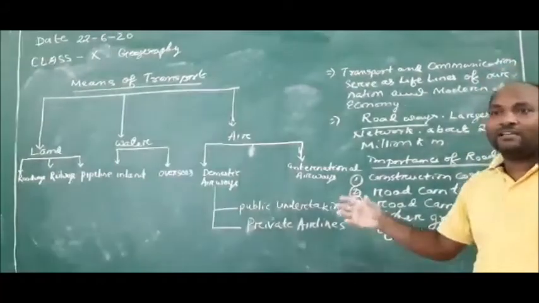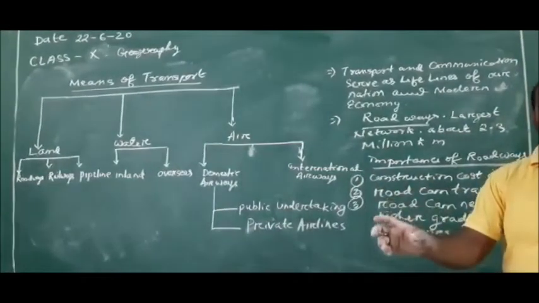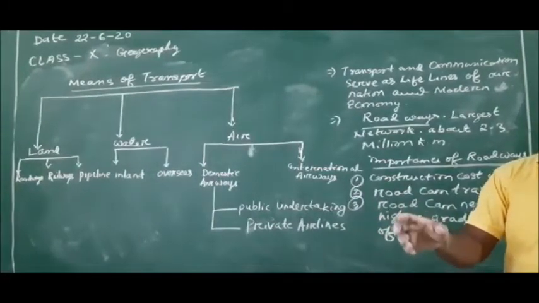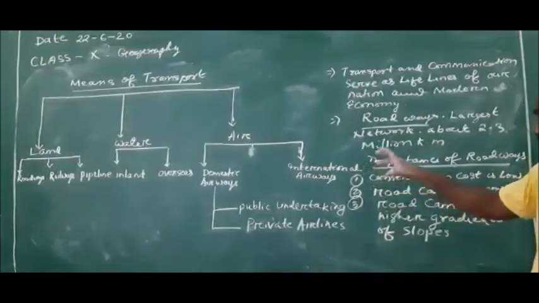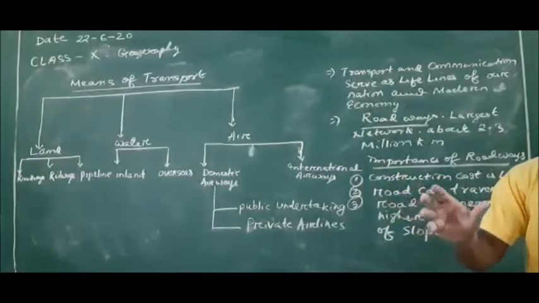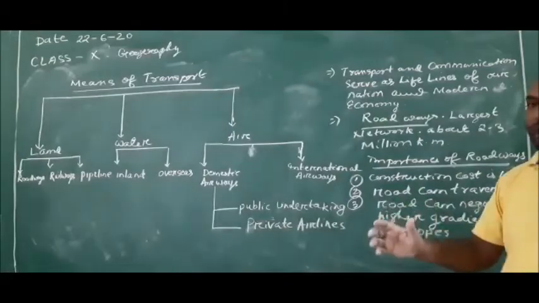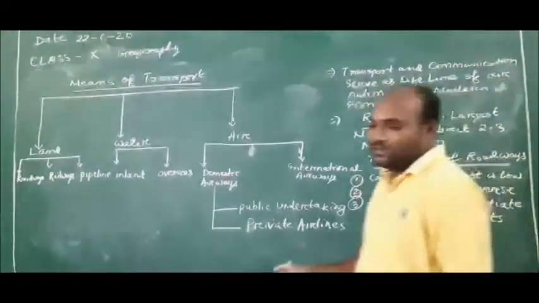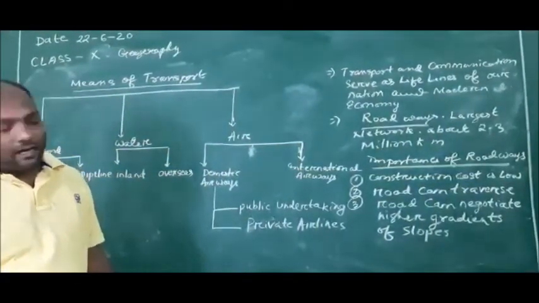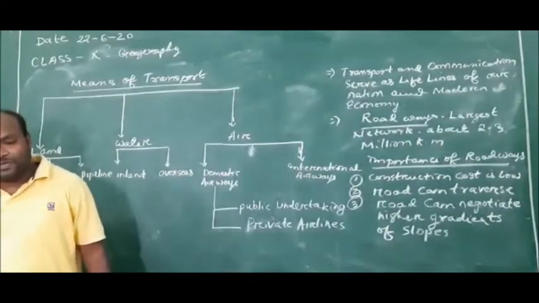Next, we are seeing the major links. The roads have major links with the railway stations. At the same time, they link with the airport here. So it is the roadway transportation which helps us to have connections with the airport, and at the same time with the railway stations. That is why the roadways are very important here. Then another factor which we understand here is that these roadways